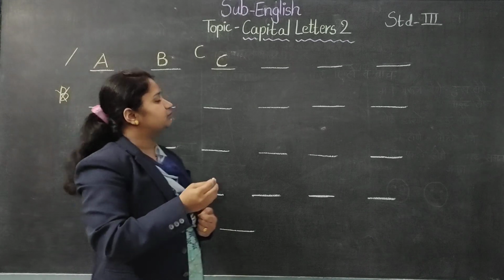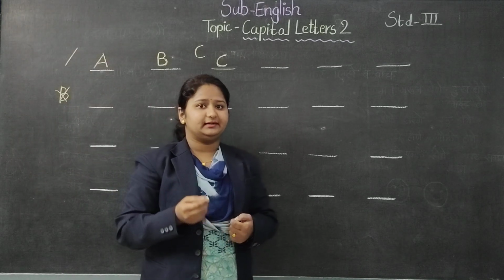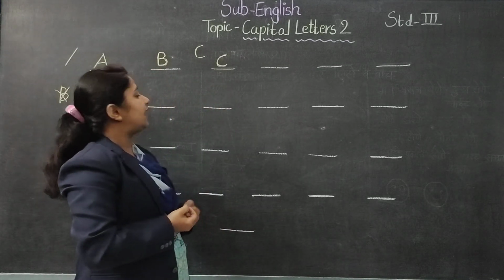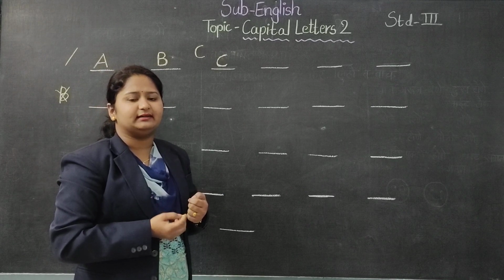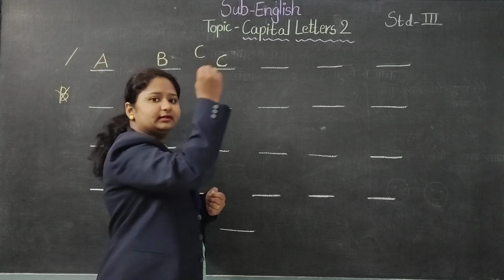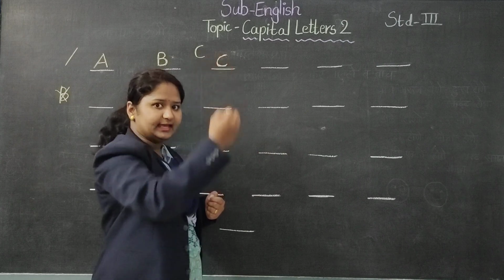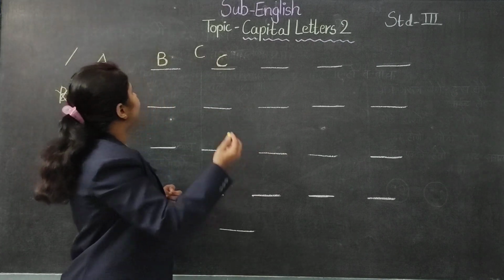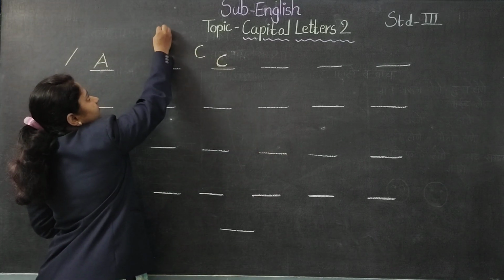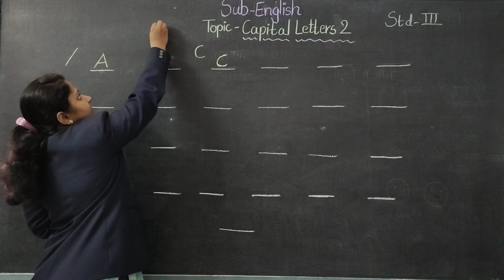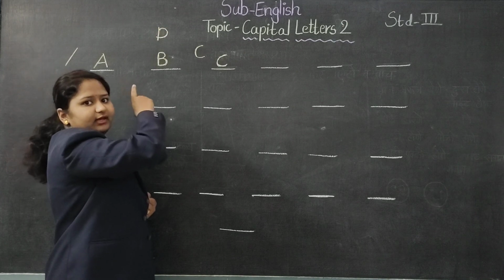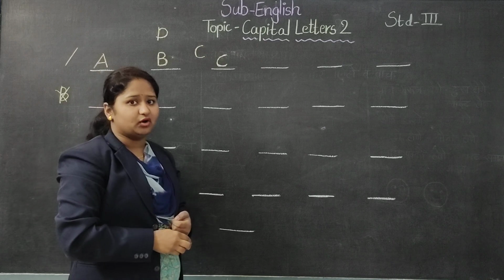Okay, we will move forward to letter D. Now I have shown you, some of you write D. First what you will do, you will draw a half curve and then you will draw a line. For example, I can show you like this. Some of the students do this, 1 and 2. Is it the right way? No, it is not a right way.